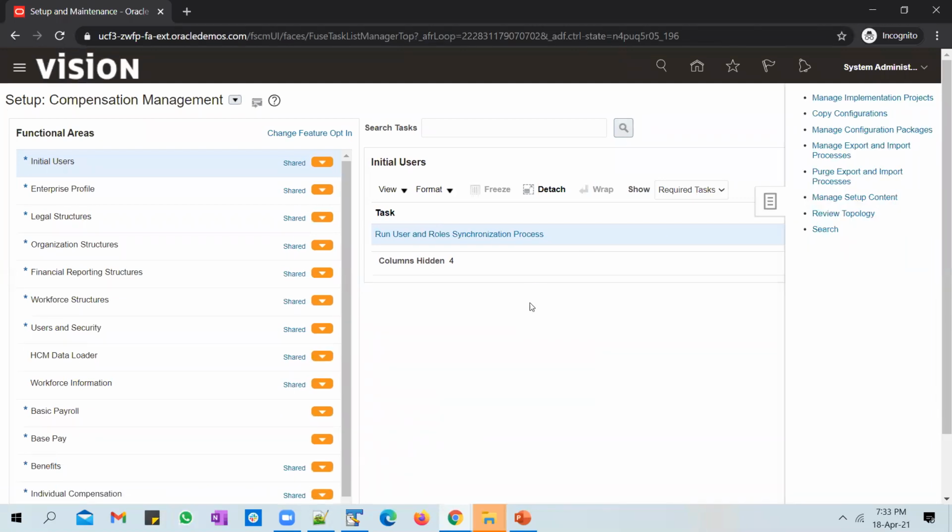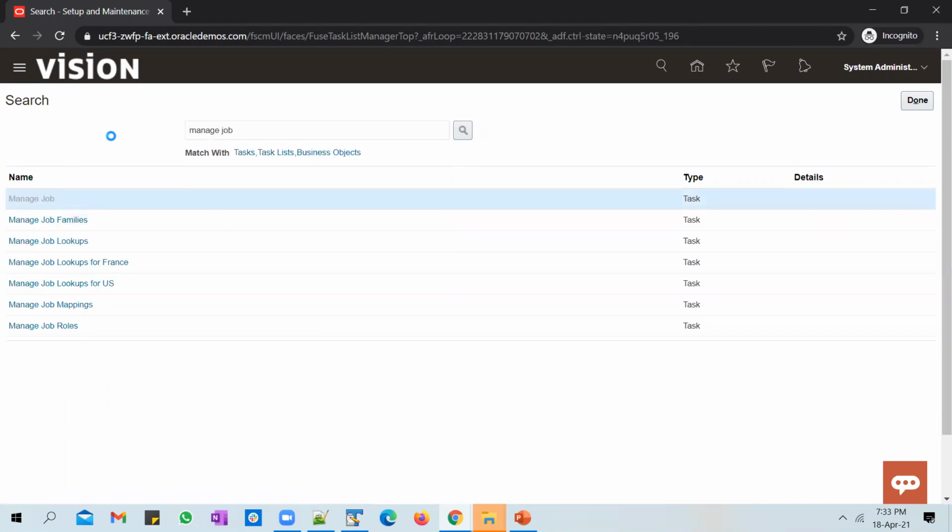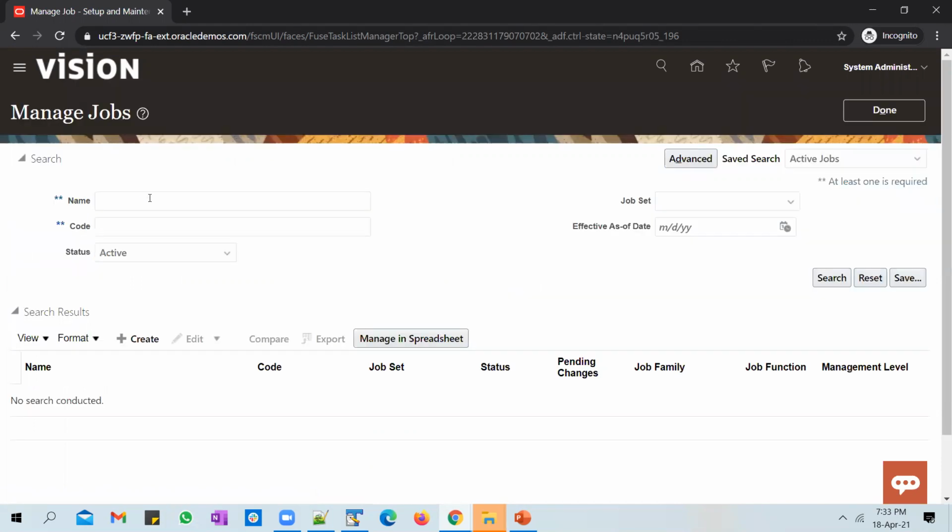Go to global search and manage job. Create a new job.